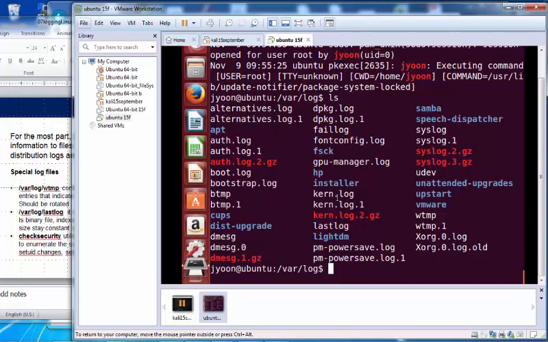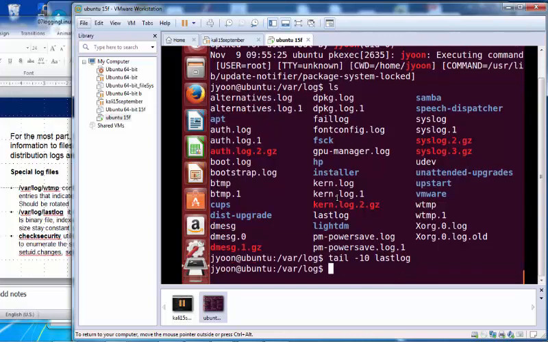If you want to see, the log file grows in this way. The earlier line items appear first, so the newest ones will be attached to the end of that file. We call that append, right? If you want to read a few lines from the tail, the command for that is tail. So tail -10 and lastlog, then you can see